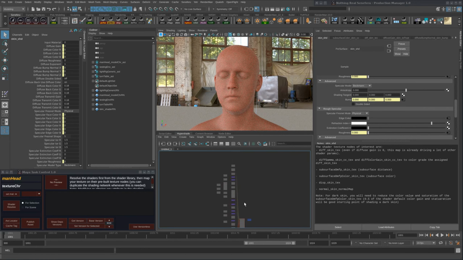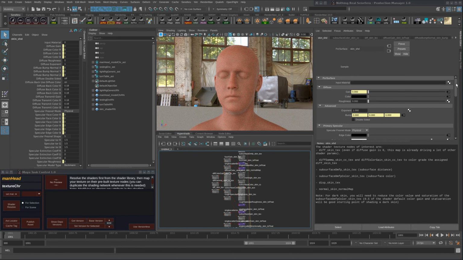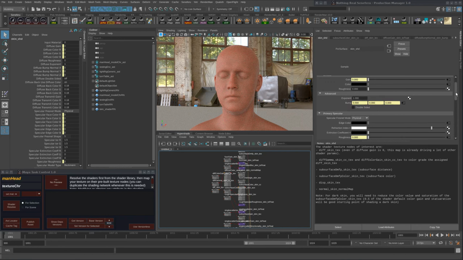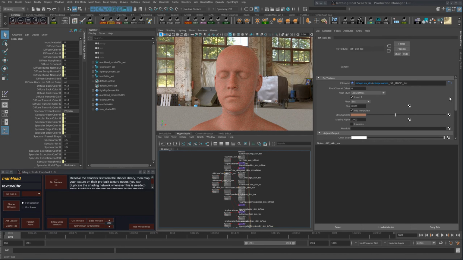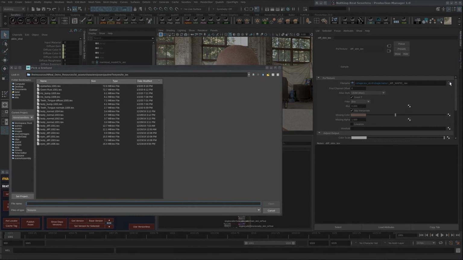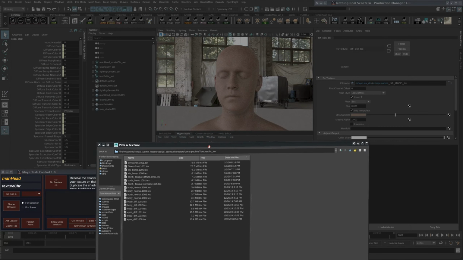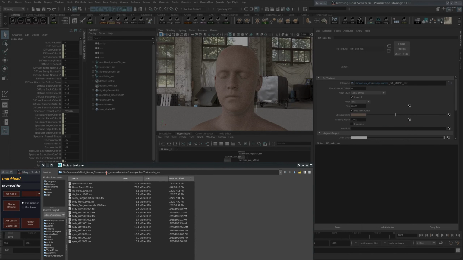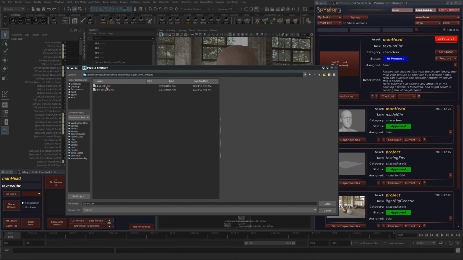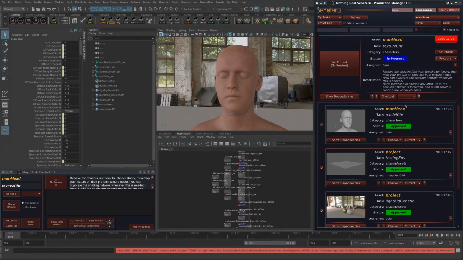I developed the shader the way that you can only assign the diffuse map, then everything behaves as expected, and all the subsurface scattering and everything will behave as expected once you assign the diffuse map. So let's do that. I will browse to the texture of this character. We will select the diffuse color,